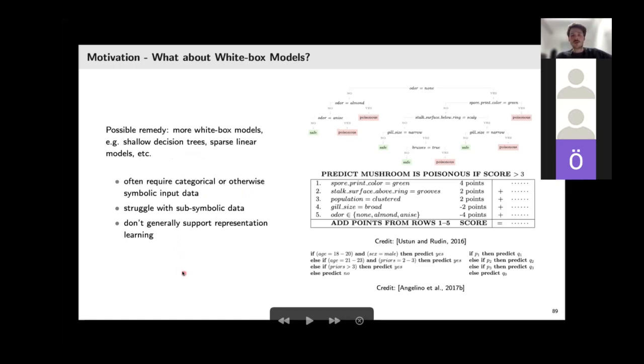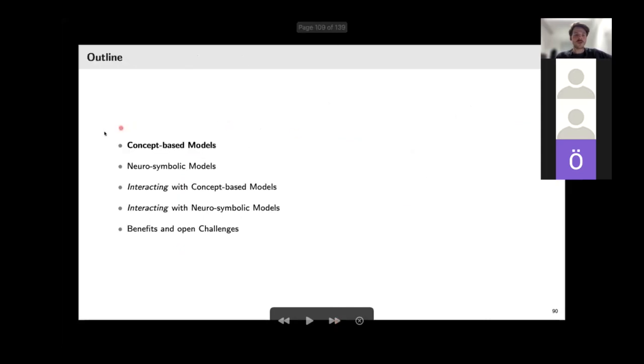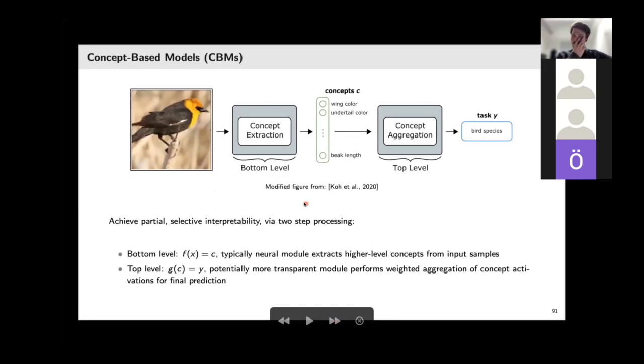So the question is, what other alternatives are there? Like I mentioned, we'll be discussing two model types that to some degree reduce the limitations of the previous approaches. And I'll start with the concept-based models. So what are concept-based models? Concept-based model is a general term for models that encompass partial, selective interpretability. For describing the whole decision process of a model, it divides this up into two steps,